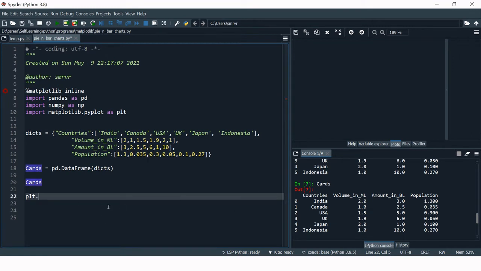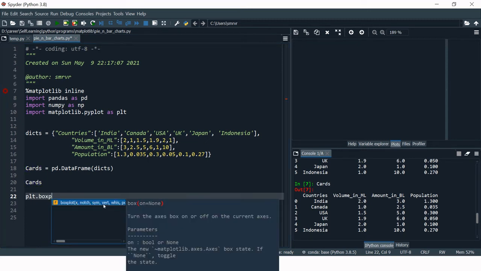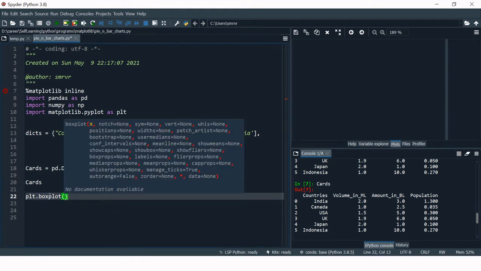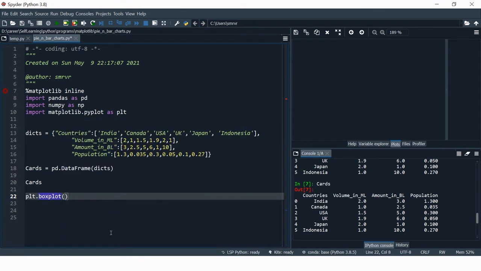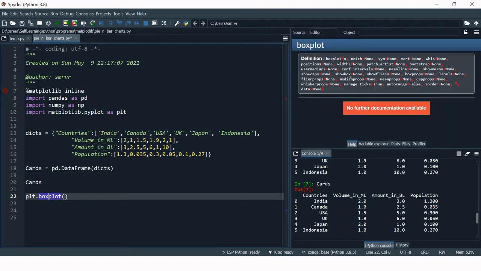Now coming back to this point, you're going to write plt.boxplot. By default you get this suggestion, you can just hit enter. Now come to this option and press Ctrl I. This will show you all the detailed parameters of a box plot, what all the parameters are that are accepted in this syntax, right?